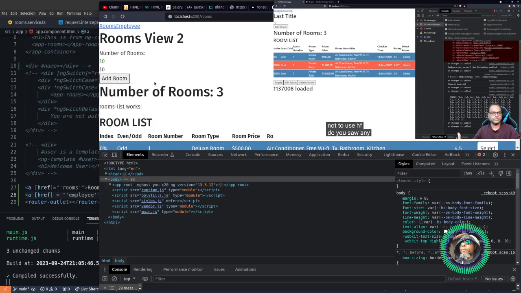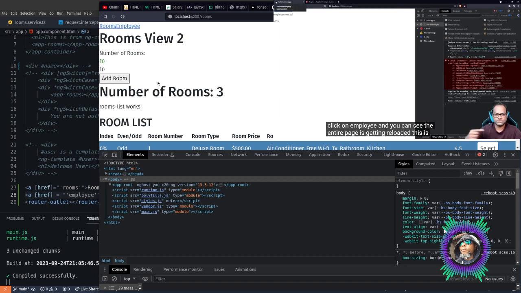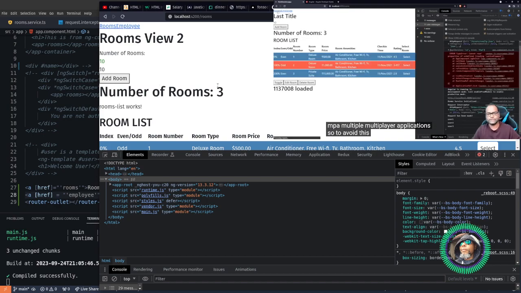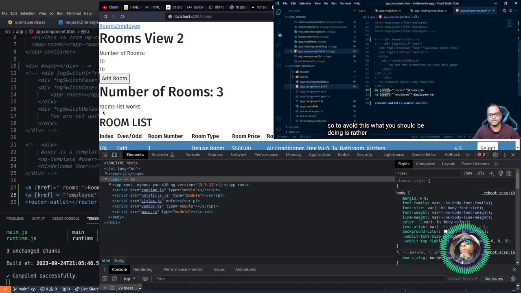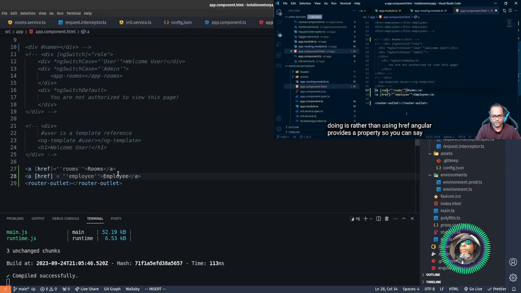Did you see any odd behavior as we discussed? Click on employee and you can see the entire page is getting reloaded. This is not an SPA. This is a multi-page application. This is something which happens in MPA, multi-page applications. So to avoid this, what you should be doing is, rather than using href, Angular provides a property. So you can say routerLink equals to,